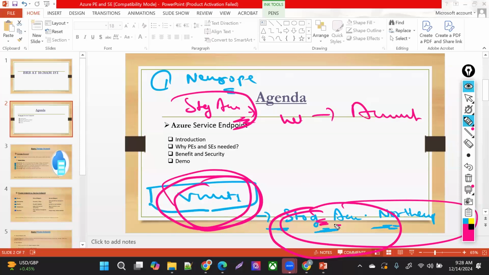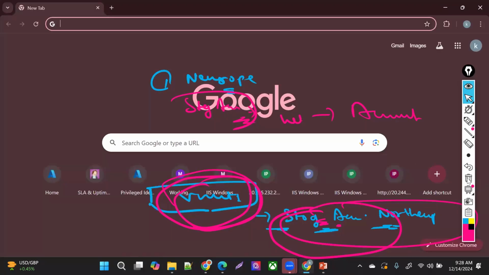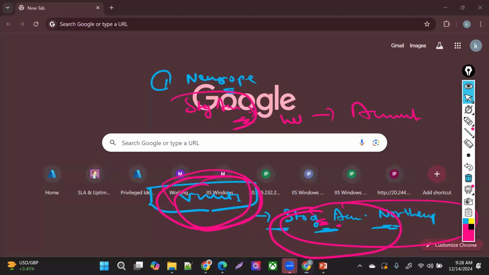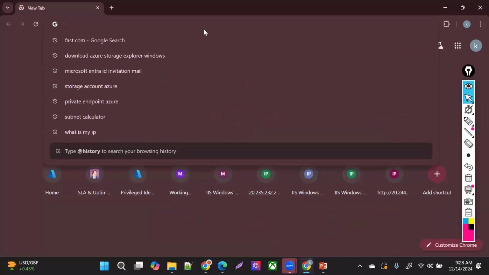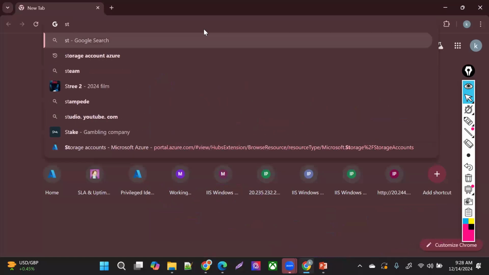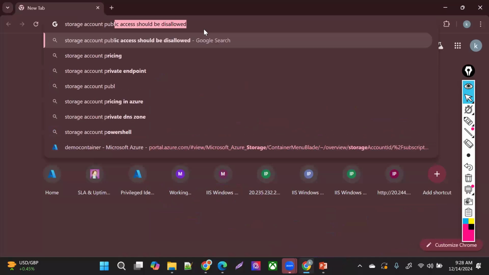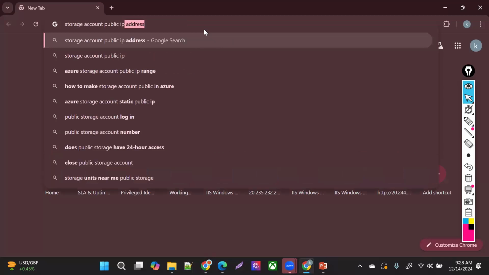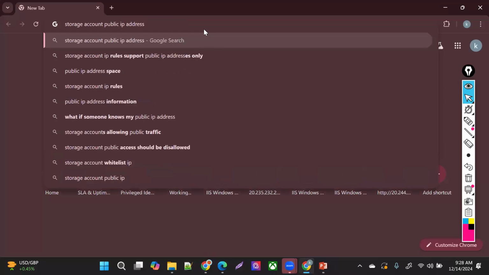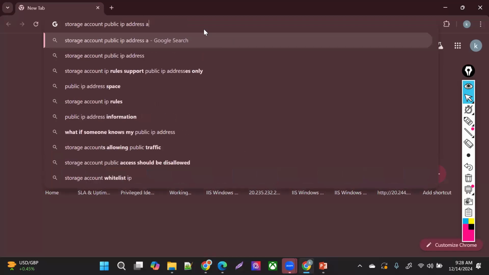Now, you must be having a question: by providing the service tag, how am I going to access my services there? If we go on the internet, there are some public endpoints. Let me show you something: storage account public IP address.